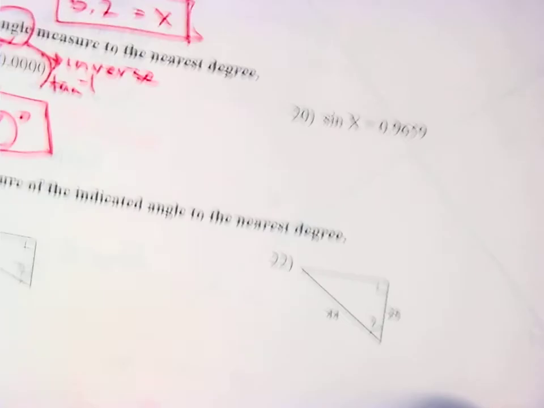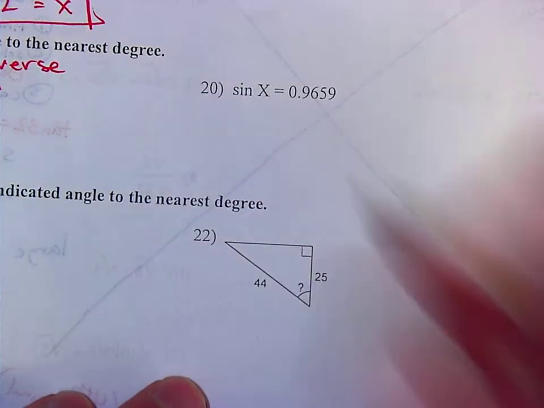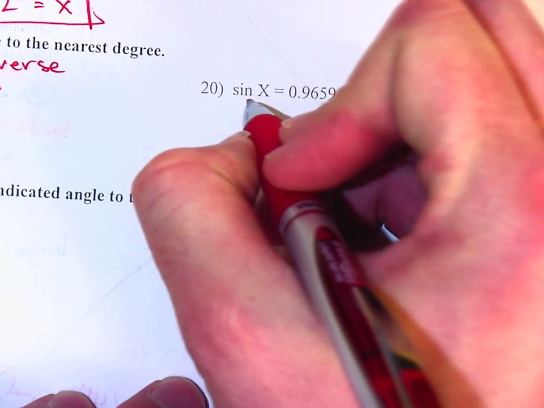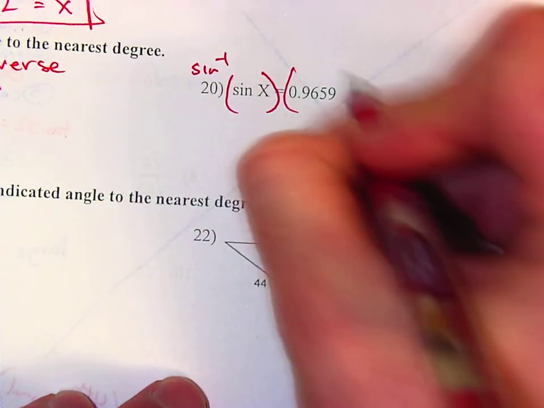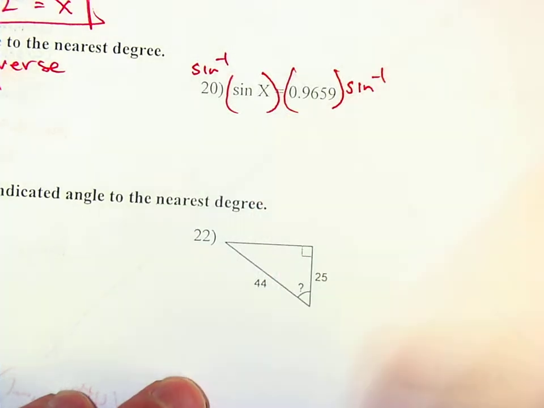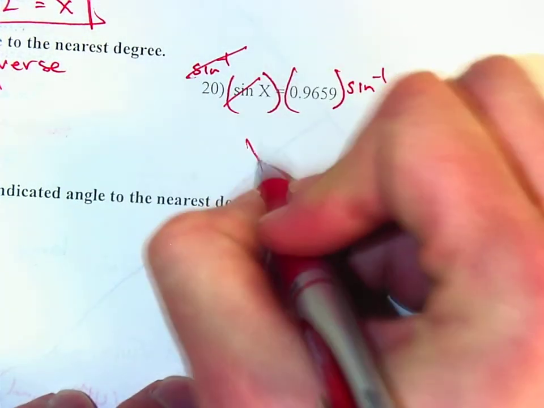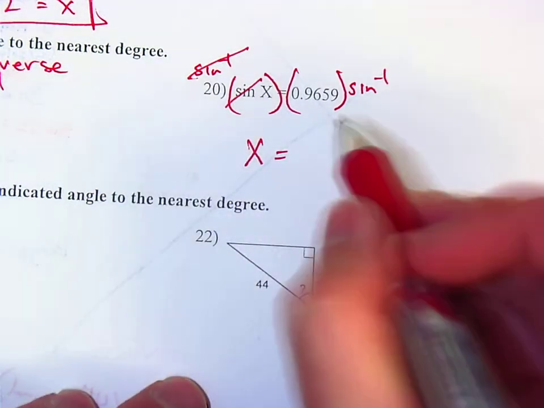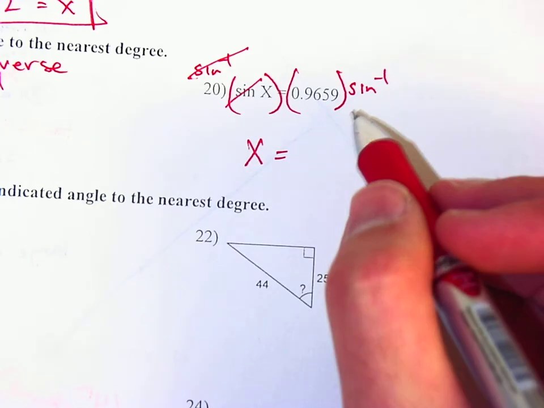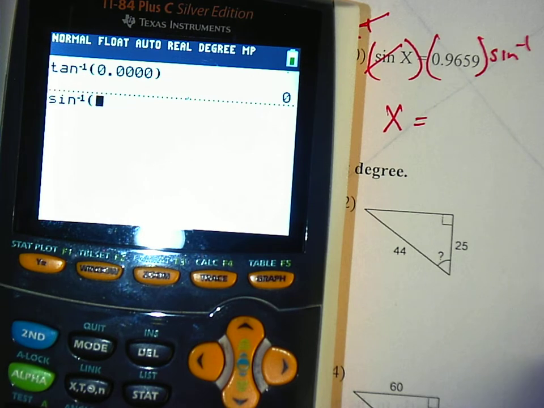So if we're looking over here, we have sine of x equals 0.9659. So we want to get rid of that sine. We're going to do inverse sine. Whatever we do on one side, we have to do on the other. These are going to cancel and leave us with x. And we plug this into our calculator now. So we take second sine, or inverse sine, of